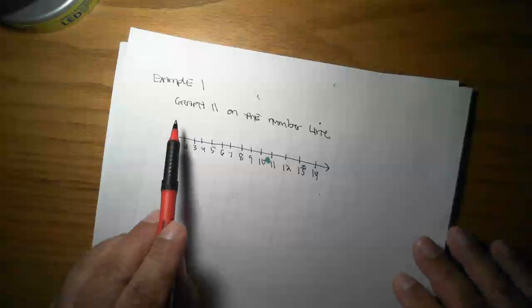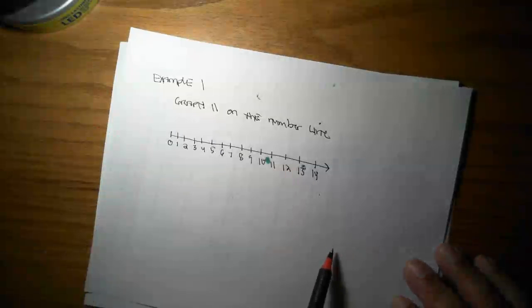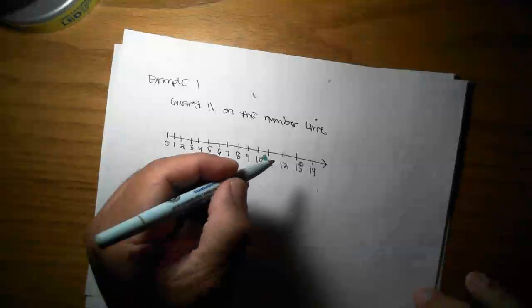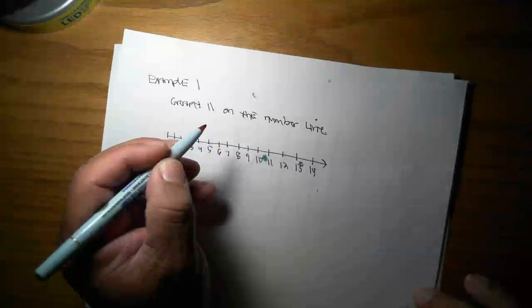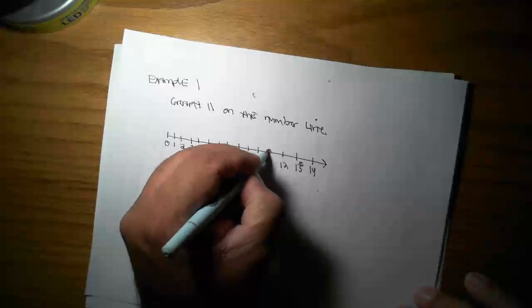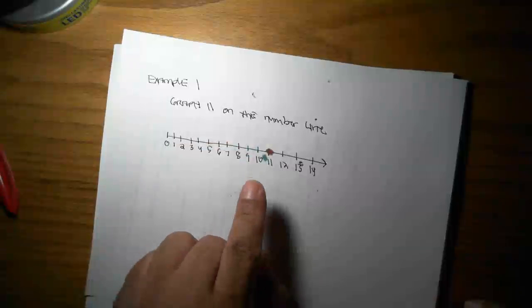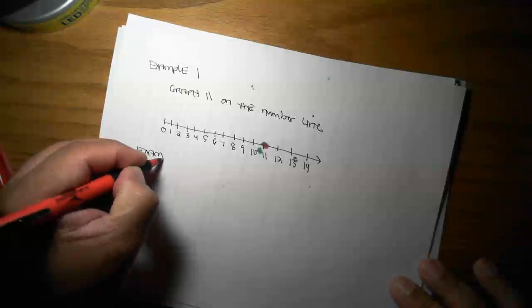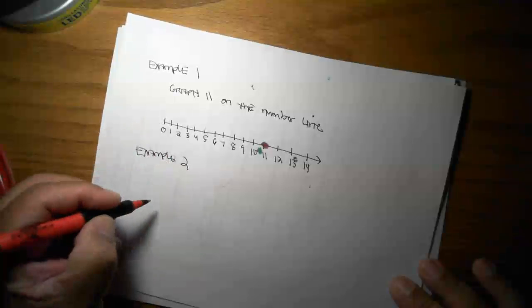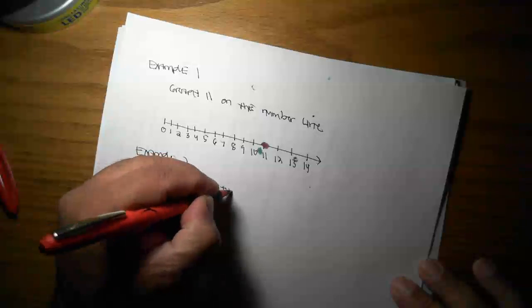Okay, so here the direction is graph 11 on the number line. So we know that the way that we do that, and forgive me for using ink pens that are sinking all the way through, but the way that we do that is we place a big fat dot, a heavy dot, on the number. So graph 11, we're going to graph 11 right there, and there we are. Okay, that's how we graph a number on the number line. So example 2. Example 2 is telling us to place the correct